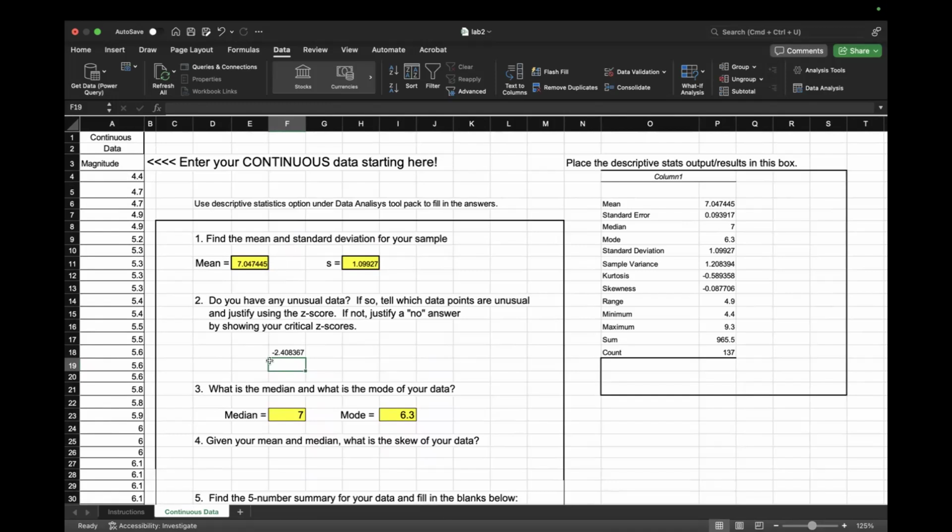mean is greater than median. I believe it's right skewed. So my mean is greater than my median. Yeah, okay. So